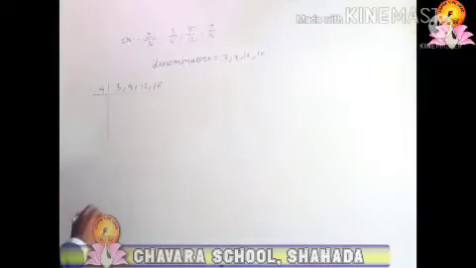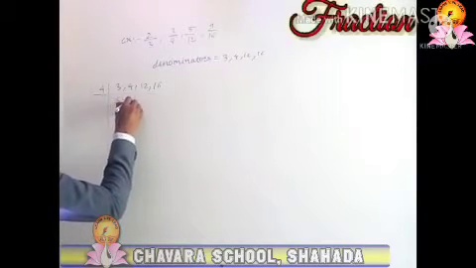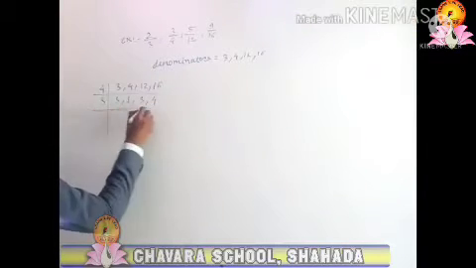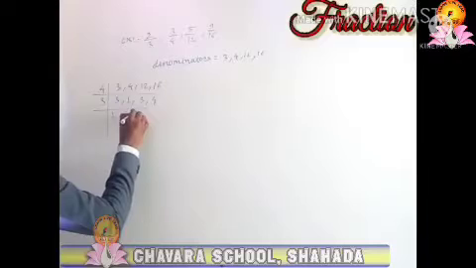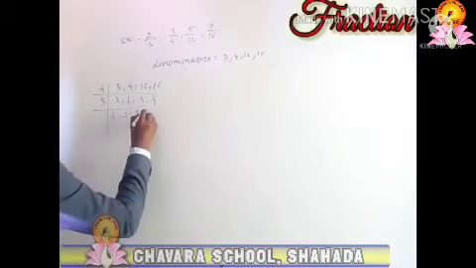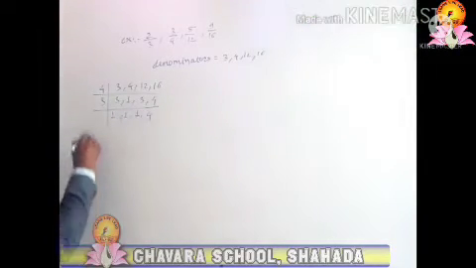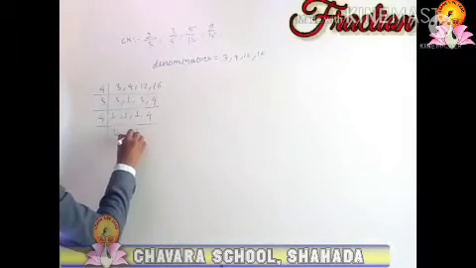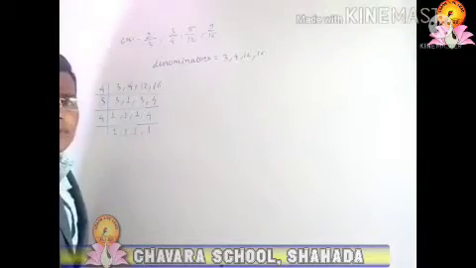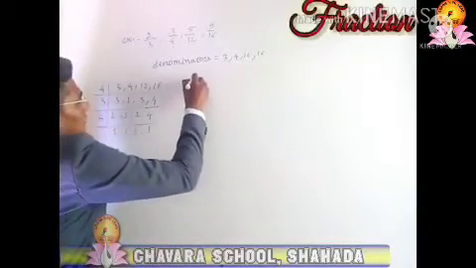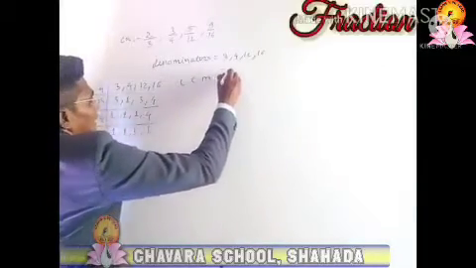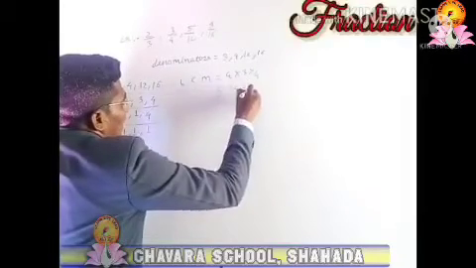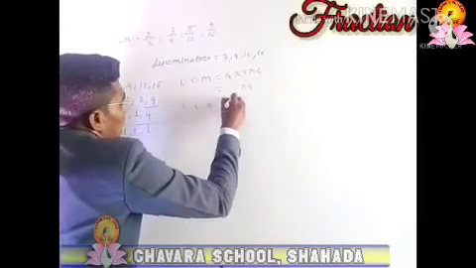So first of all we will divide by 4. So 3 will be as it is, 4 1s are 4, 4 3s are 12 and 4 4s are 16. Again we will take 3. So 3 1s are 3, 1 will be as it is, 3 1s are 3 and 4 will be as it is. Now the last one is 4, the remaining value, that is 1, 1, 1 and 4 1s are 4. Now as we got the LCM, the multiplication is 4 into 3 into 4, and 4 3s are 12 into 4, and the LCM is equal to 48.